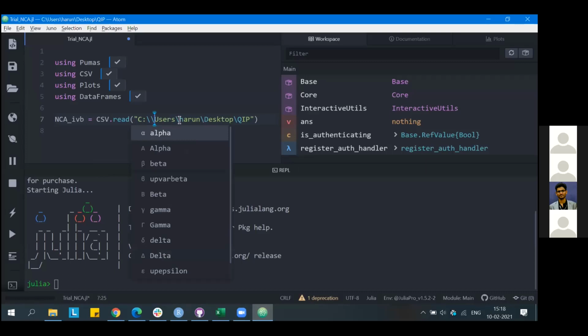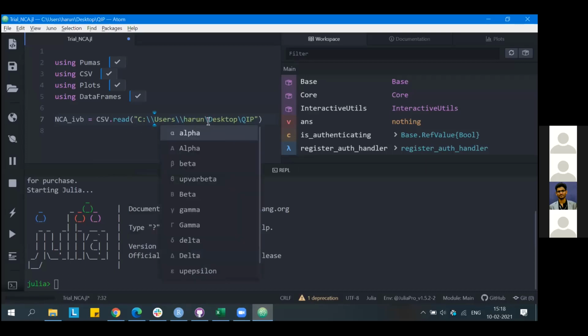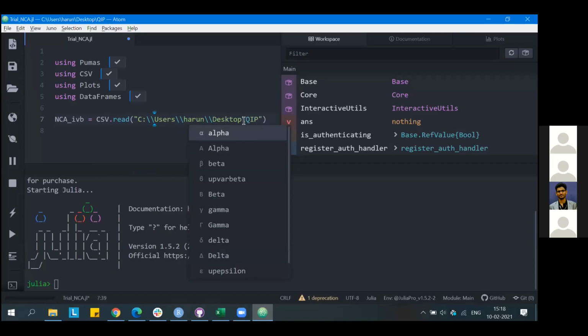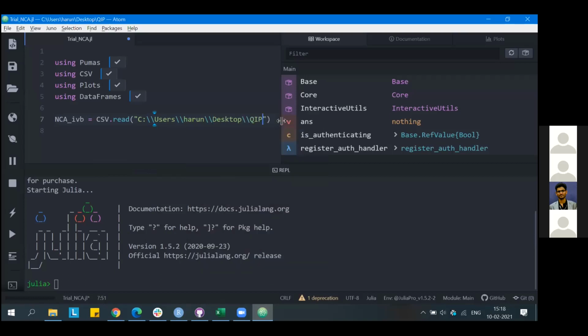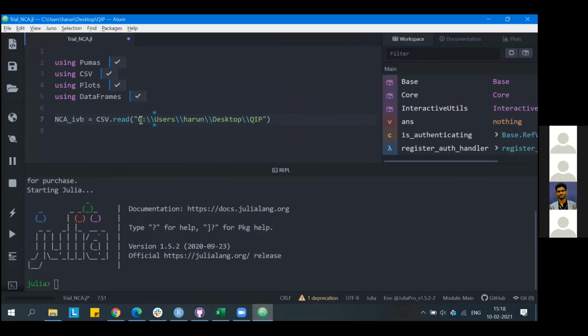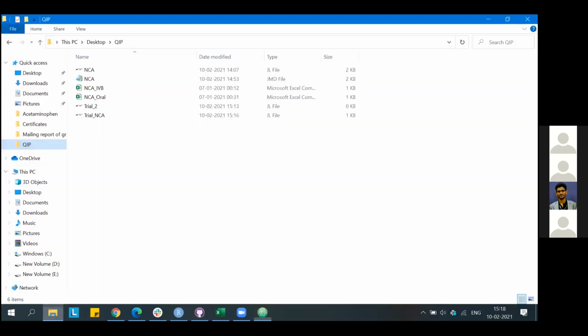Replace the single slash with double slashes, and once that is done, you have to mention the file name as well. So far, only the file path for the folder location will be copied. So you have to manually enter the file name with a double slash and the file name.